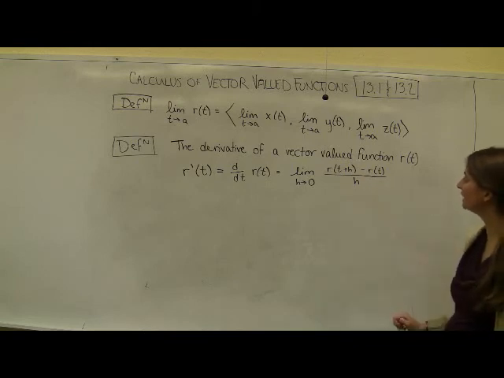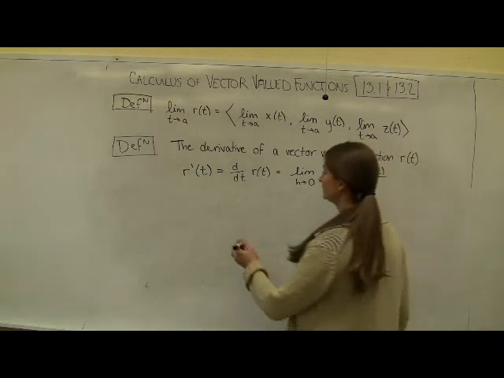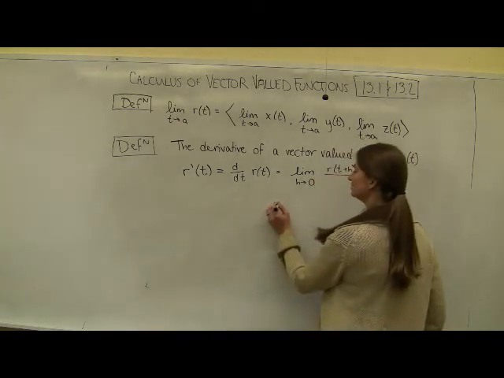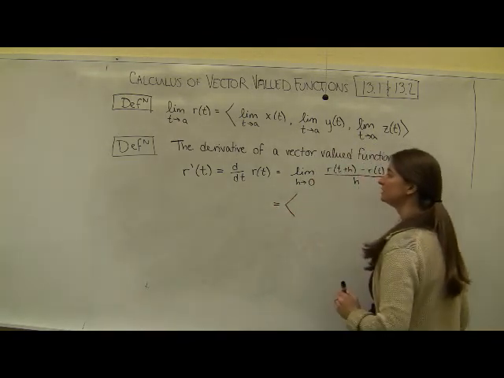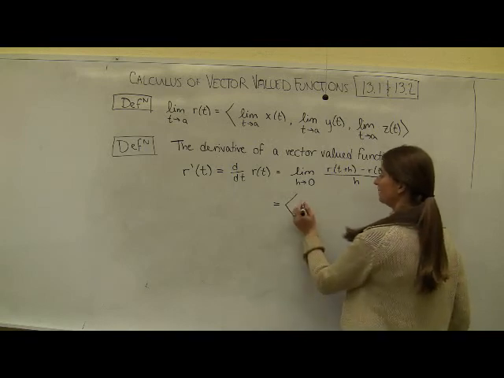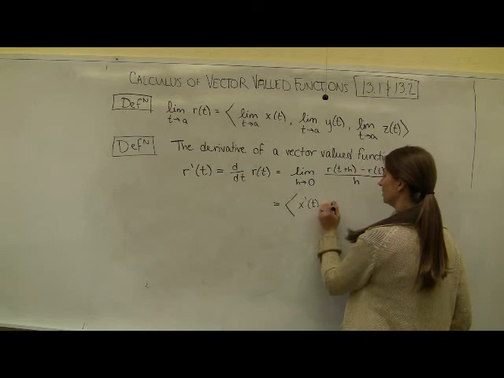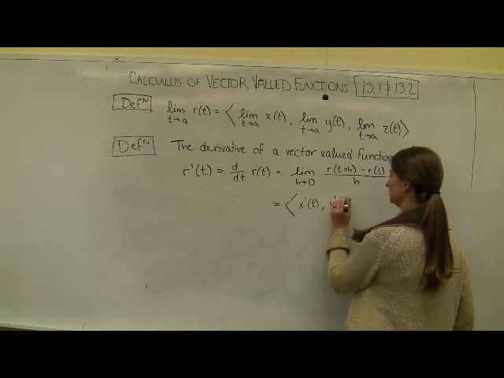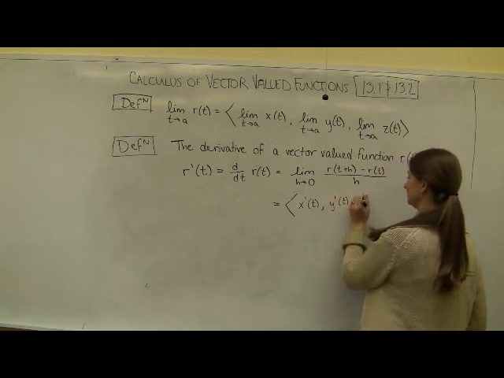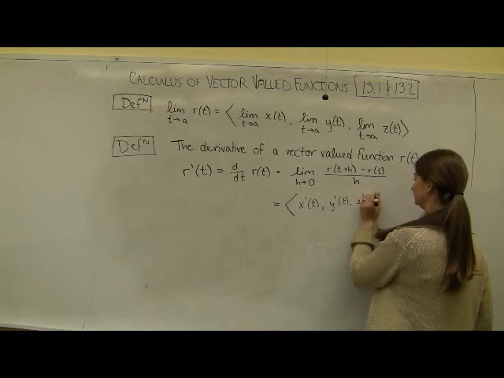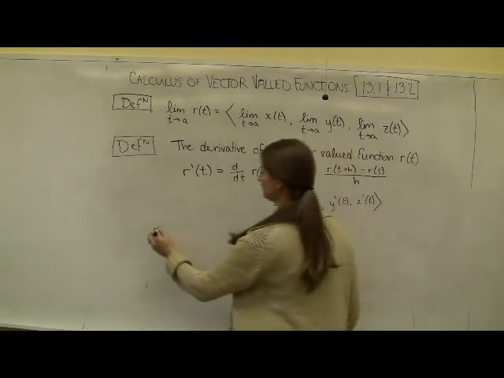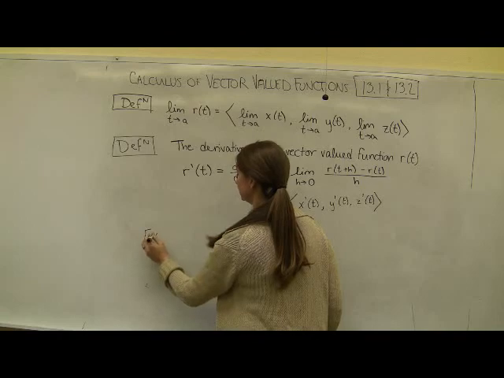The thing that I want to point out is that functionally, this is going to be exactly equal to the derivative of each of the component functions. So I might write that as x prime of t comma y prime of t comma z prime of t. So an example would be